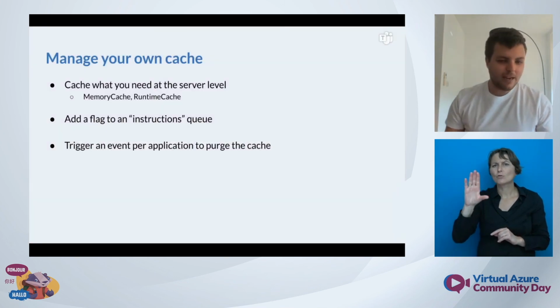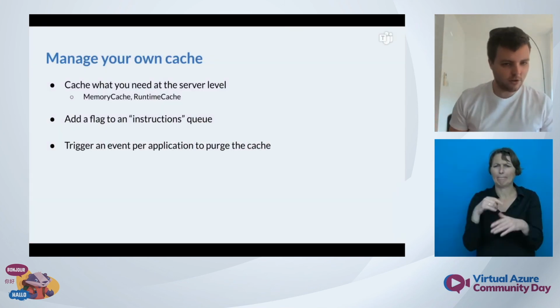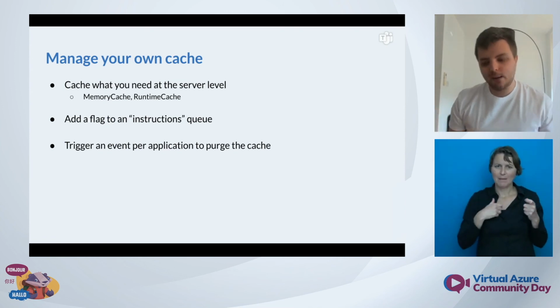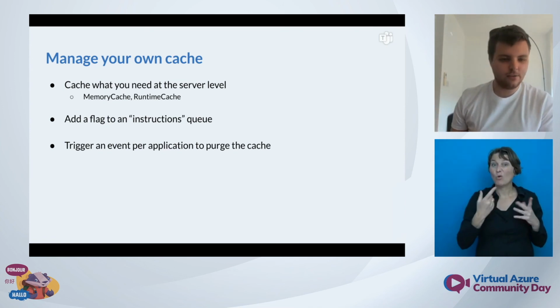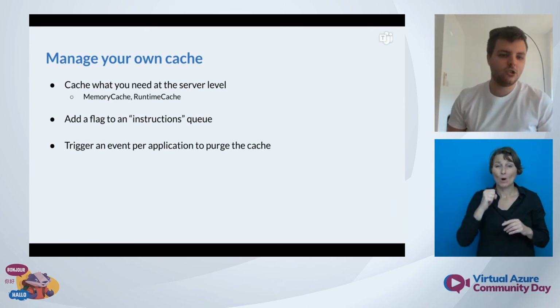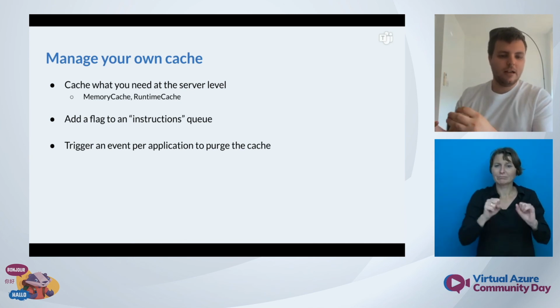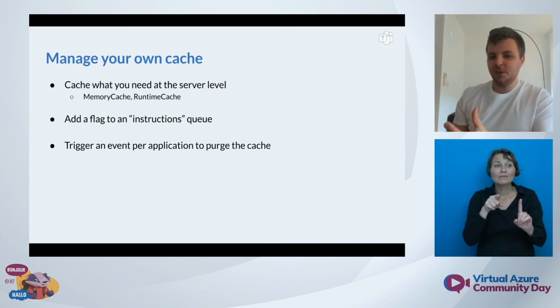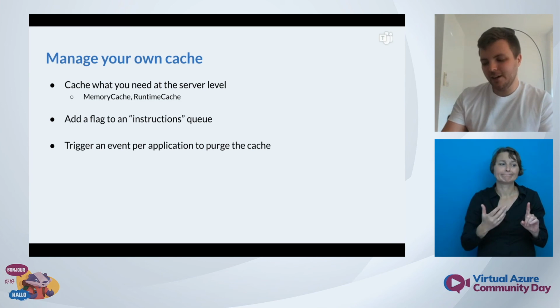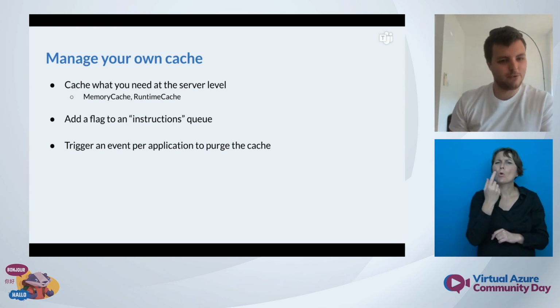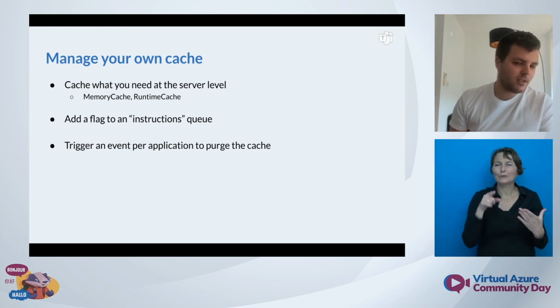The idea would be you could manage your own cache and purging your own cache. You're already paying money for memory at the server level, the app service level, where you're hosting your application. Well, if you wanted a cheaper way of caching stuff, you could use that onboard memory through either the memory cache or the runtime cache